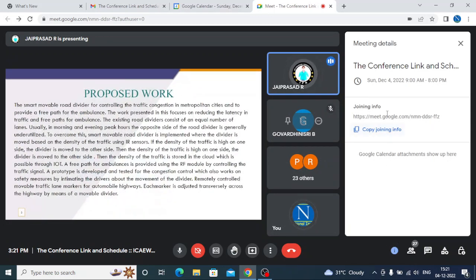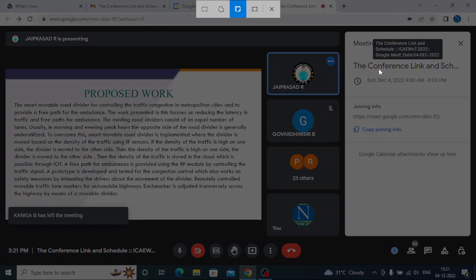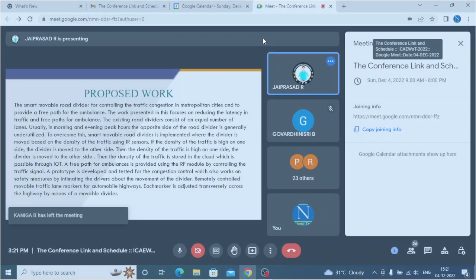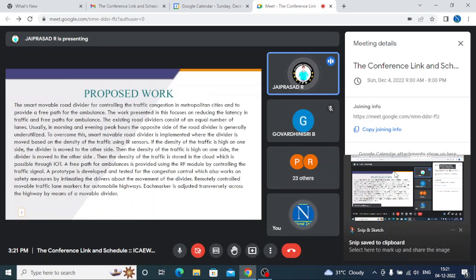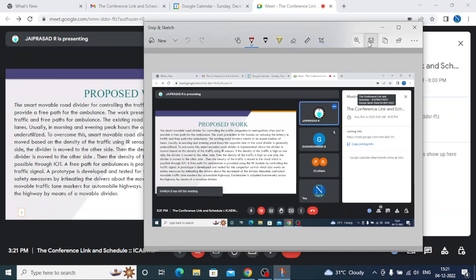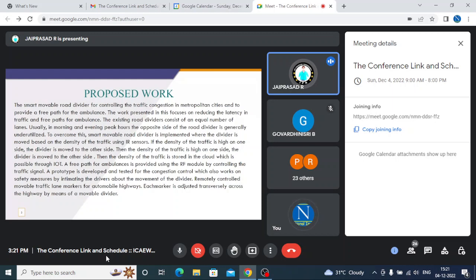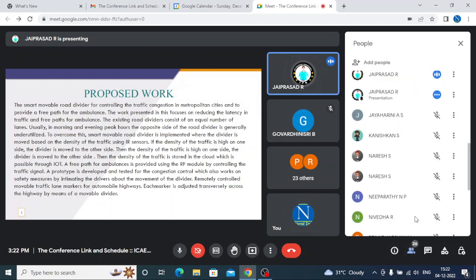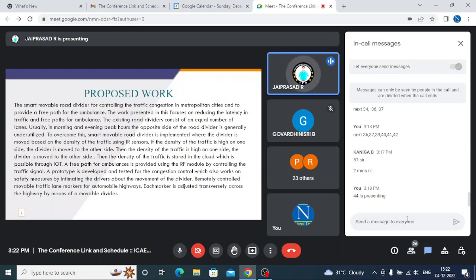Proposal plan. The smart movable road divider is for controlling traffic congestion in metropolitan cities and providing a free path for the ambulance. The work presented focuses on reducing the rush in traffic and providing free paths for ambulances. The existing road divider consists of an equal number of lanes, but usually in the morning and evening peak hours, the opposite side of the road is generally underutilized. To overcome this, a smart movable road divider is implemented, where the divider is moved based on the density of the